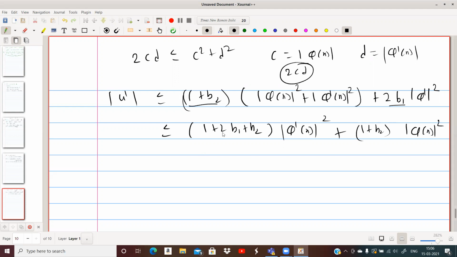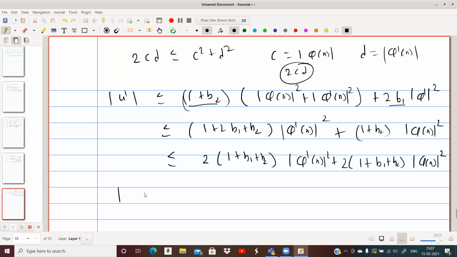So what you do, you just adjust this term. Now if I write 2 times, taking 2 common from this, that is, this is multiplied by 2, here also multiplied by 2, and 2 is taken common, and the comparison is done. So this will be less than or equal to 1 plus b1 plus b2 into magnitude of phi dash x square. And similarly 2 is taken common here, 1 plus b1 plus b2. Same thing, the extra thing is added here. Since the extra thing is added, comparing this and this, this is less than or equal to.